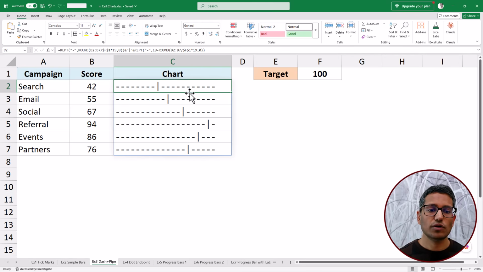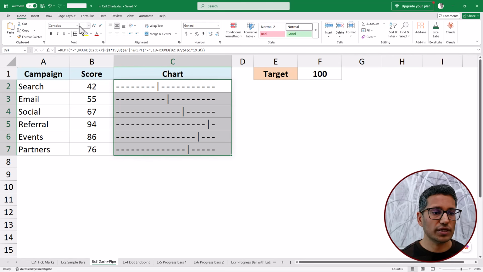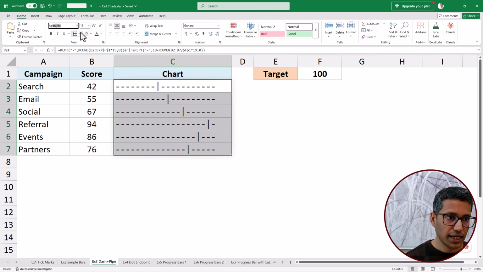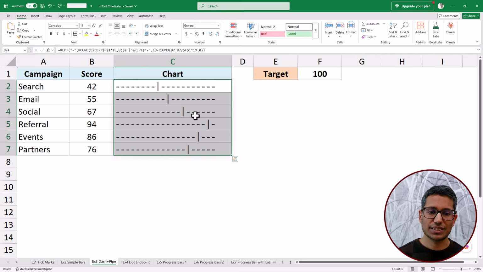Now, one thing to remember here is that in this case, I have used this font called Consolas. Consolas is a font that is equally spaced and works really well with these in-cell chart visualizations. You can use any font you want. For example, in this case, if I change this to, let's say, Aptos Narrow, which is the default font, see how it gives us. So this is what you get. If this works for you, it is okay, but I prefer using the Consolas font, which is something like this